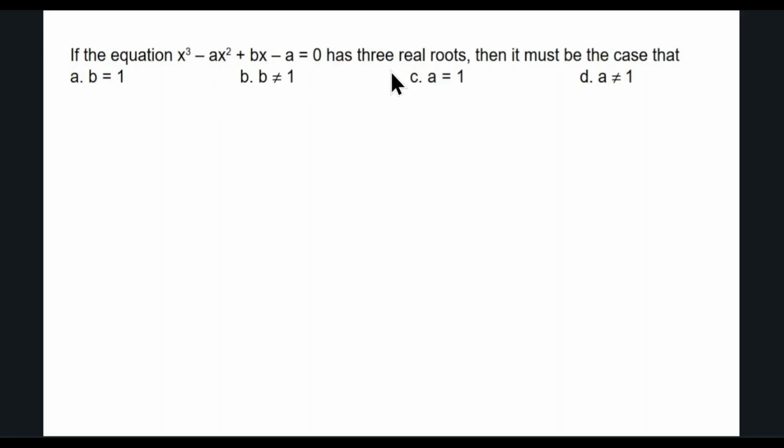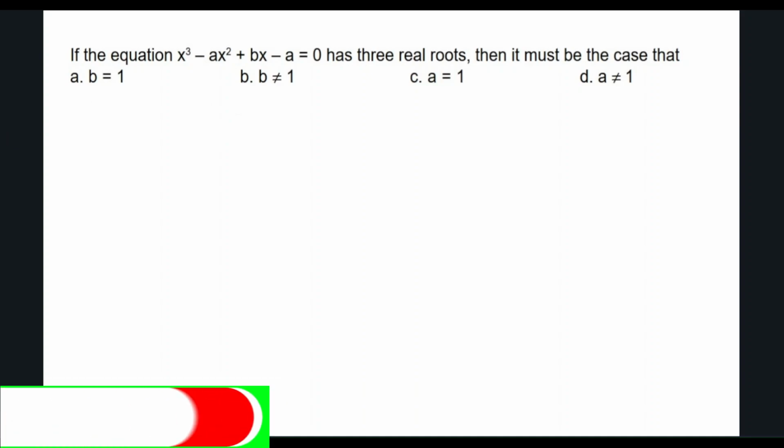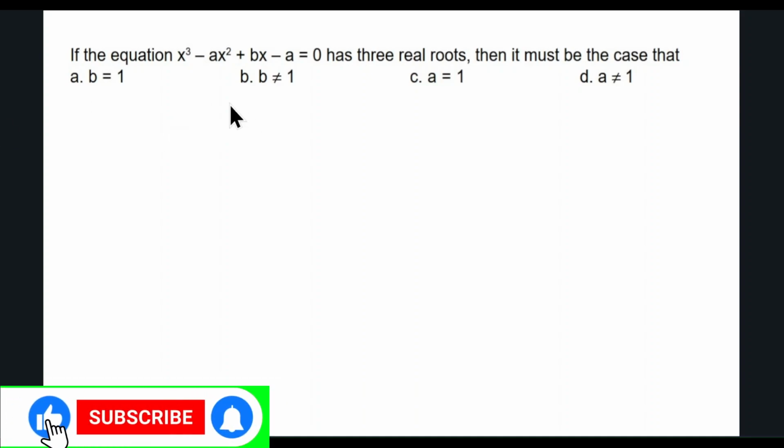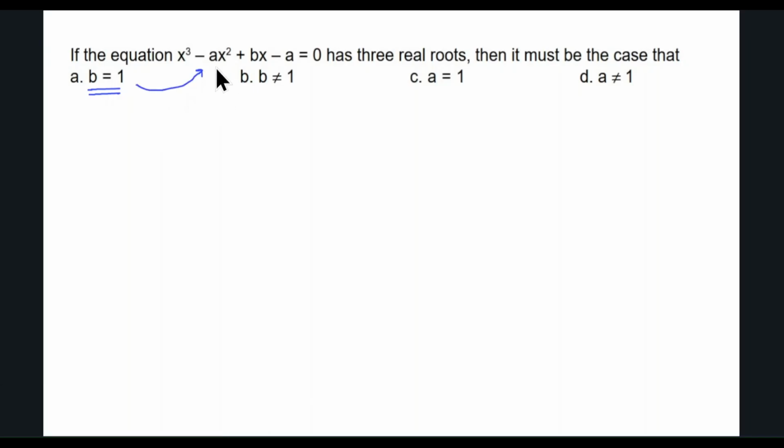If in this equation we have exactly 3 real roots, then what should be the case? Honestly, you have to go with the options here. You can also use Desmos with the options, but you can do it manually as well. If, let's say, b equal to 1 is true, that when b is 1, there are 3 real roots, let's try to plug in b as 1. So if I plug in b as 1, I will say